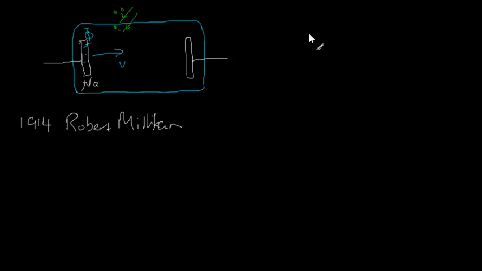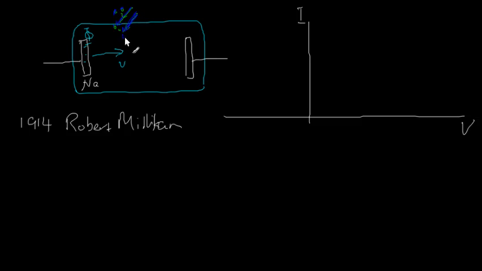I'll draw it here. So the vertical axis is, say, the current, and the horizontal axis is the voltage. And suppose that we use blue light for this particular measurement. So using the blue light, lots of little blue photons,